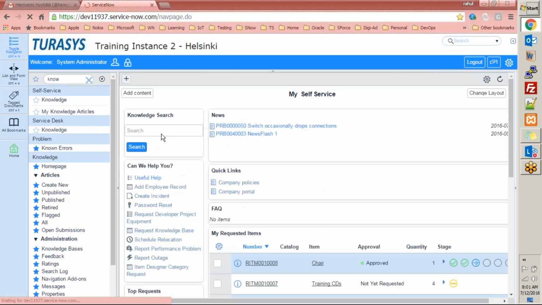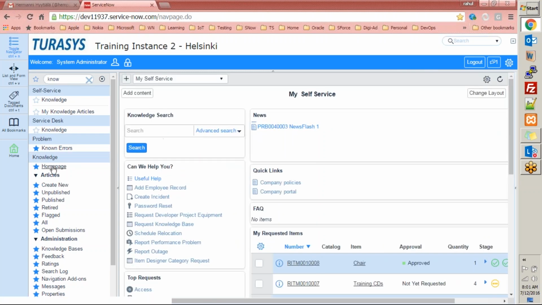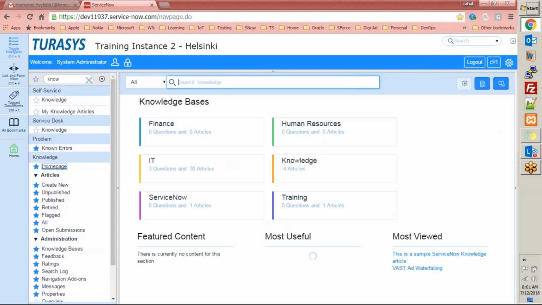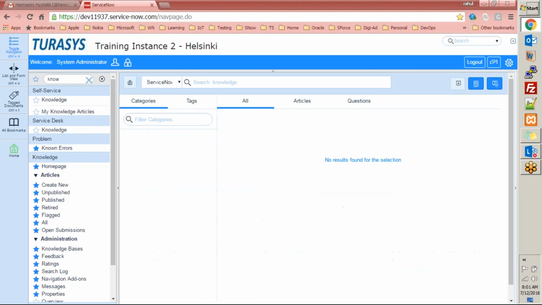Now let's go back. So this was how we searched here. If I go to the knowledge homepage, if I go to ServiceNow, I now see there is one article created, right? But there are 0 questions. Can we create questions to this knowledge article? Of course we can, right? But let's hit the ServiceNow link here and try to find out the article. So the article is,